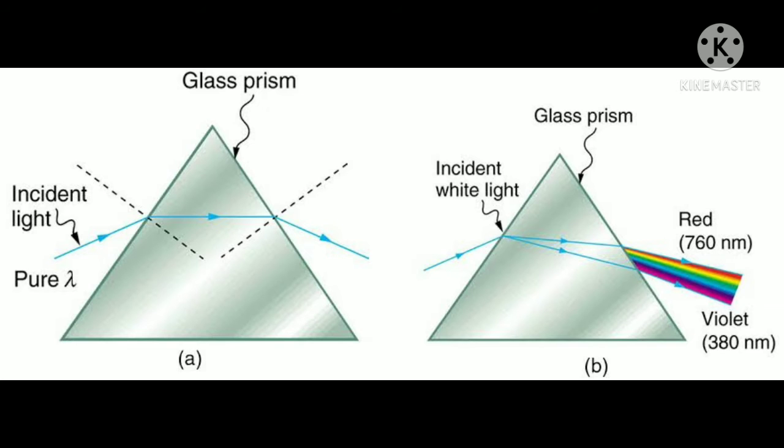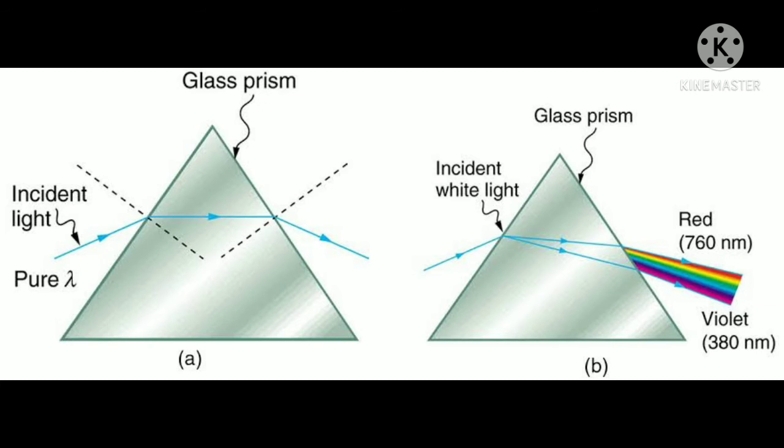As we go from V, I, B, G, Y, O, R, the wavelength slowly increases and it scatters less. Which means, from V to R of VIBGYOR, the more the wavelength, the less the scattering of the light. In V it will be more, then in R it will be less.